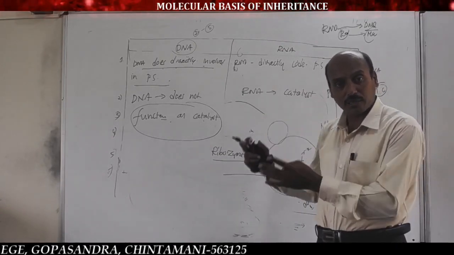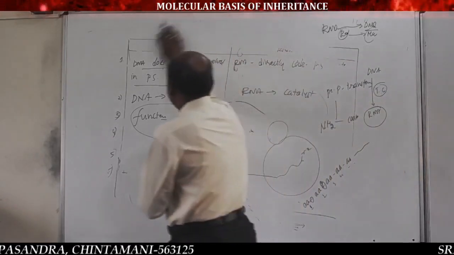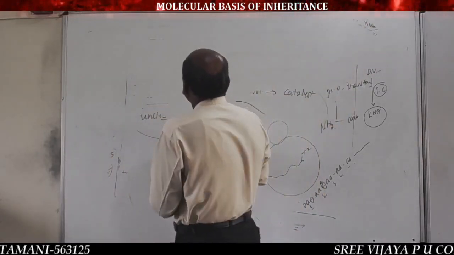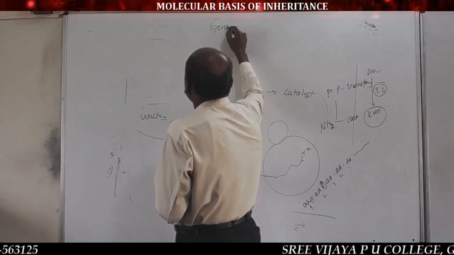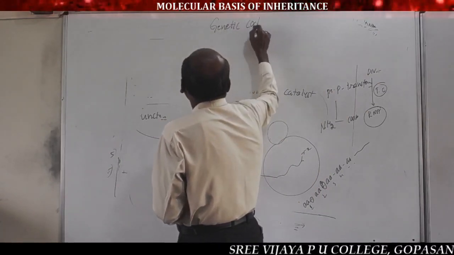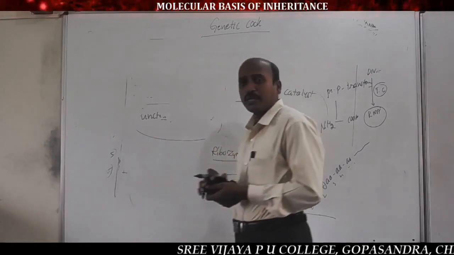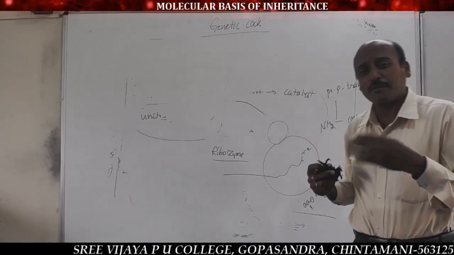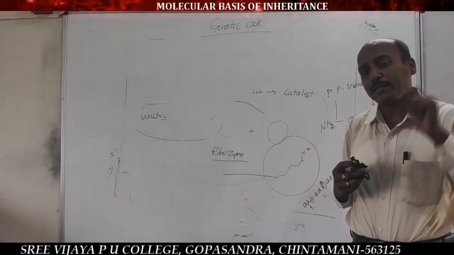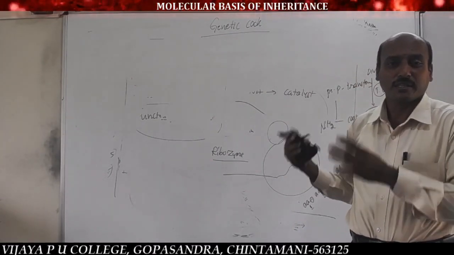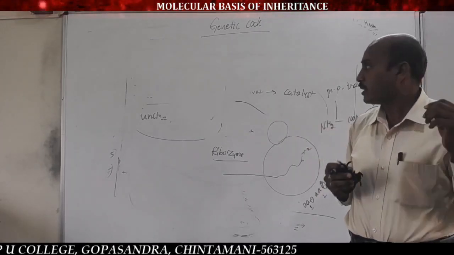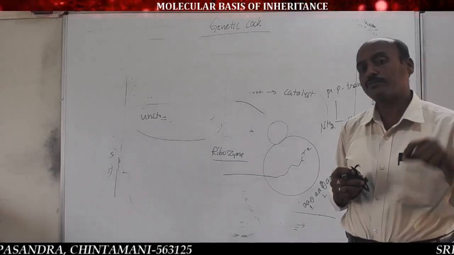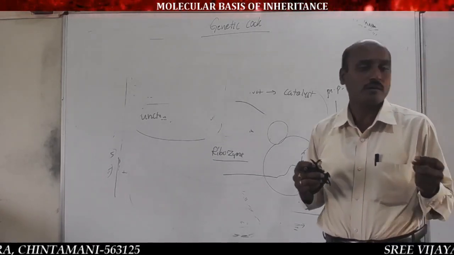Among all these different topics, the first topic of molecular basis of inheritance is the genetic code: meaning of the genetic code, types of triplet codons of the genetic code, and types of amino acids selected by each and every triplet codon of mRNA, etc. That is the future explanation. So in the next class, I'll begin the meaning, definition and types of triplet codons of the genetic code. So I'll be continuing next class.